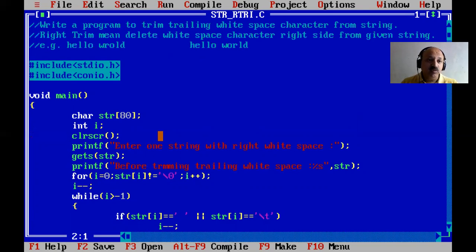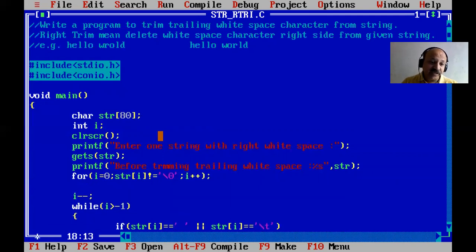So now, what is right trimming? It deletes white space characters from the right side of a given string, and that is a trim operation. So R trim, L trim, and all trim, some languages support this type of inbuilt function. So previously, here it is just simple. And in this statement, be very careful, this statement is not part of the for loop.